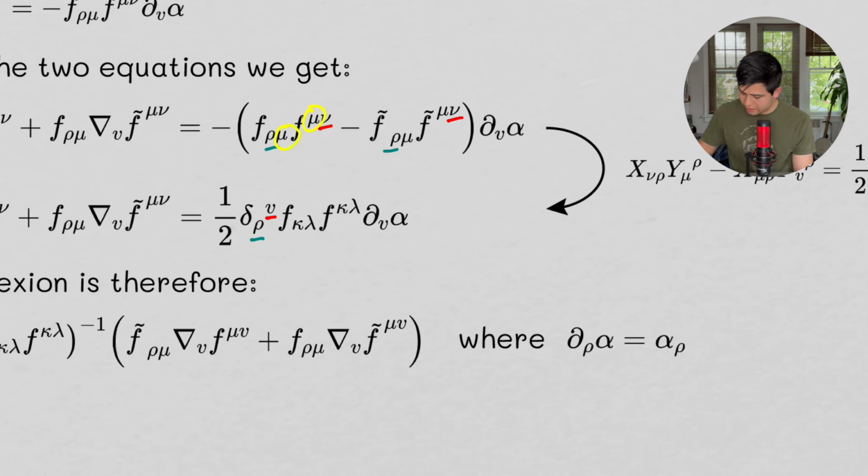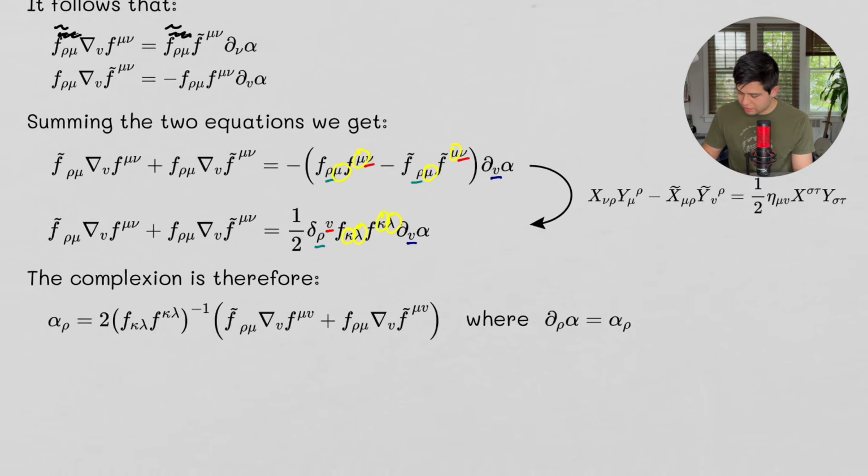You can see here that these are the dummy indices, and then I'll do dark blue for nu, and then we also have dummy indices here and here. So you can see how this works,